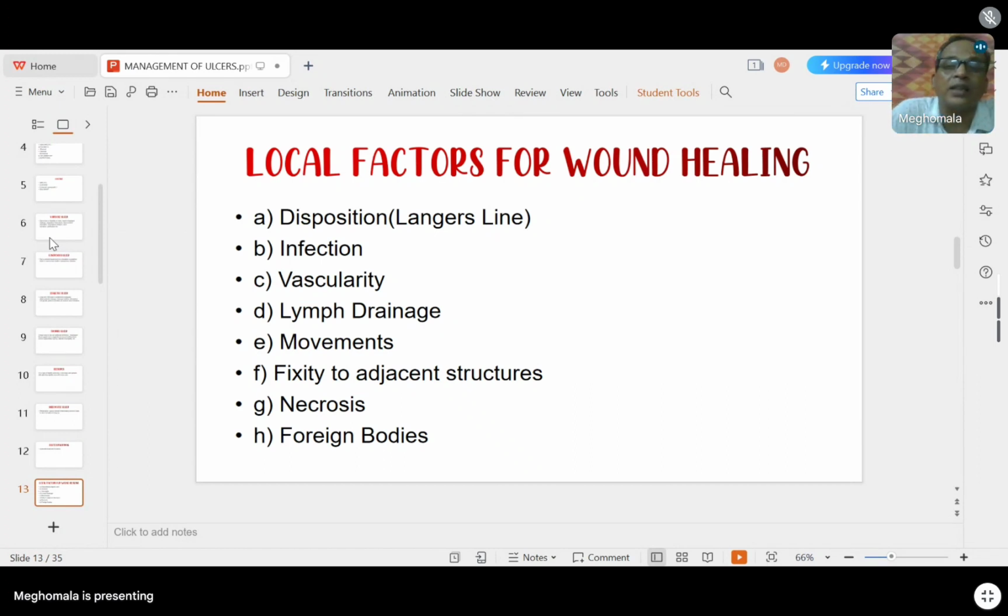Then fixity to the adjacent structures. If there is fixity to adjacent structures, then wound contraction is not proper. All of you know that when a wound heals, first is wound contraction, then epithelialization, then granulation tissue formation, and ultimately collagen synthesis. Wound contraction is so important in wound healing. Suppose a wound has a radius of 4 centimeters. After wound contraction, it becomes one fourth of its original